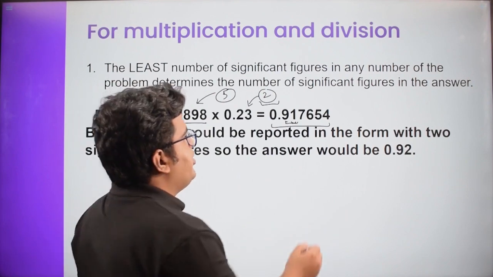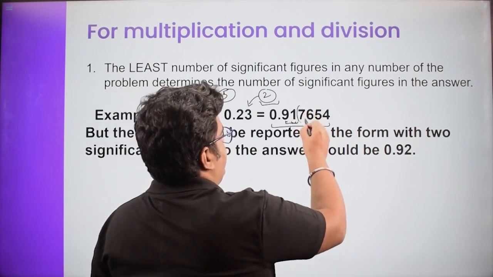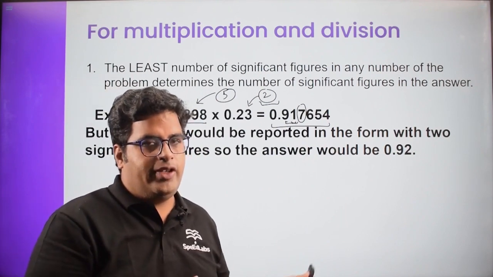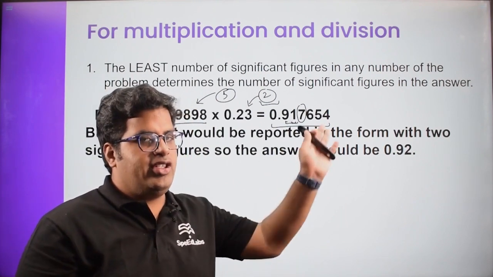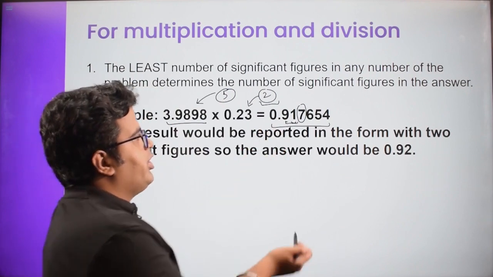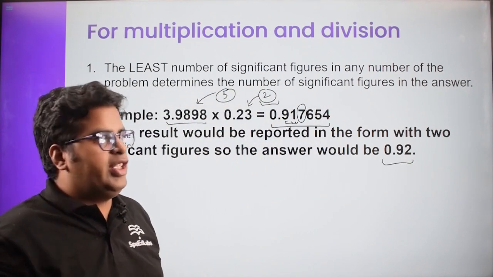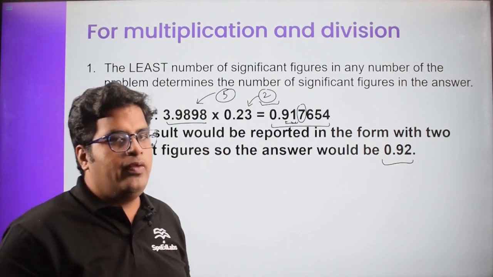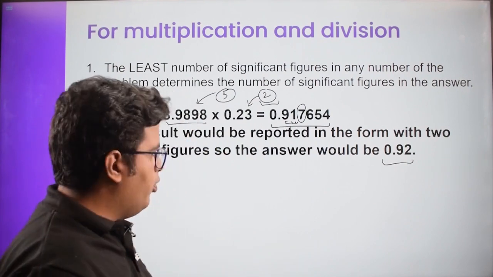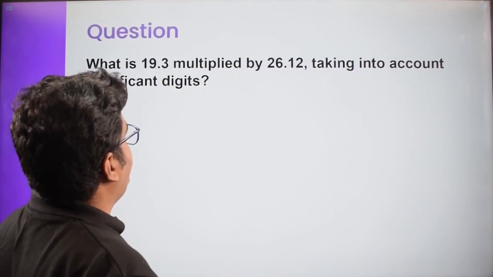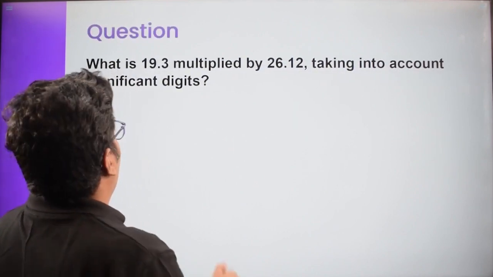So the number which is appearing in the next place is your 7. Now if it is greater than 5, let's say 6, 7, 8, 9, in this case you can see it is 7, so you'll just increase it by 1. So you'll have the final answer as 0.92. So that's the way of solving such type of multiplication problem. I hope you understood. Now we have a question: 19.3 multiplied by